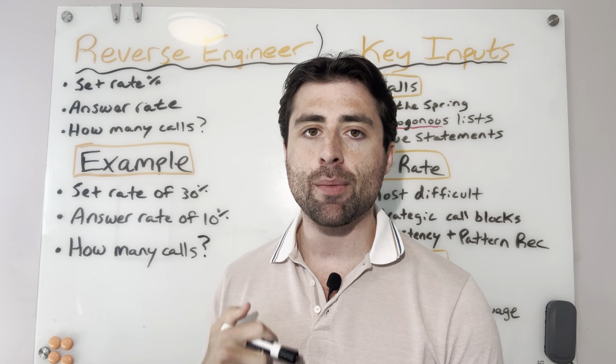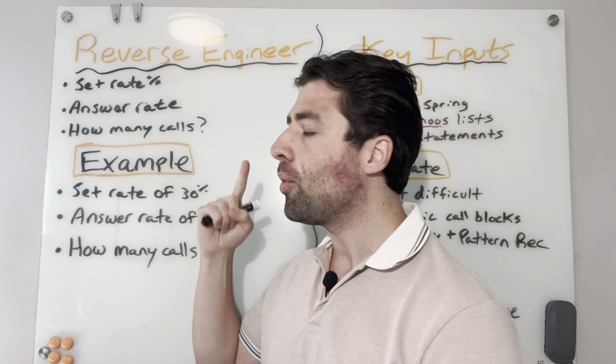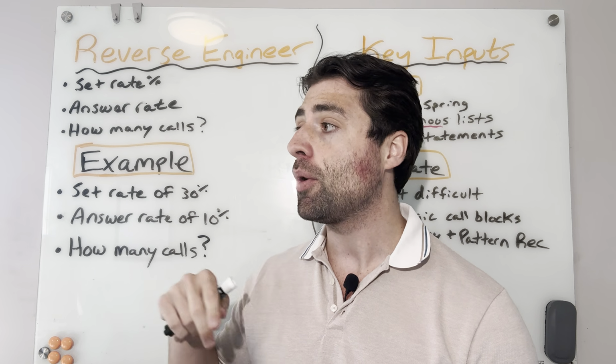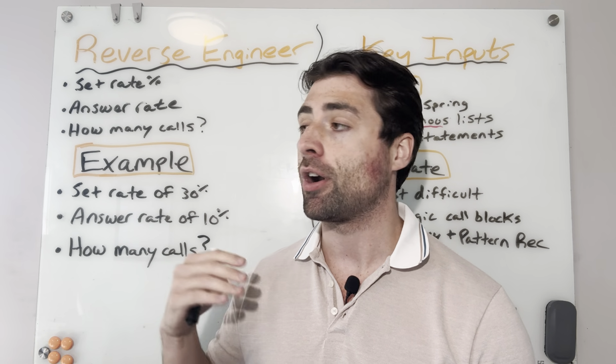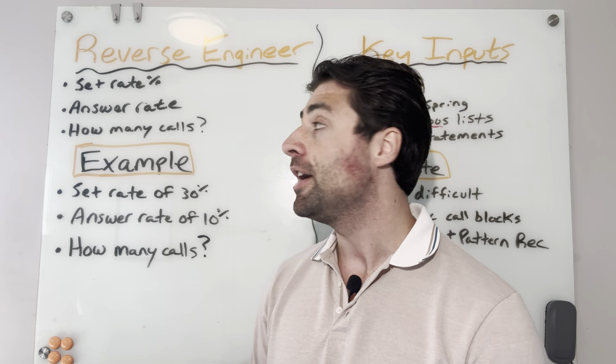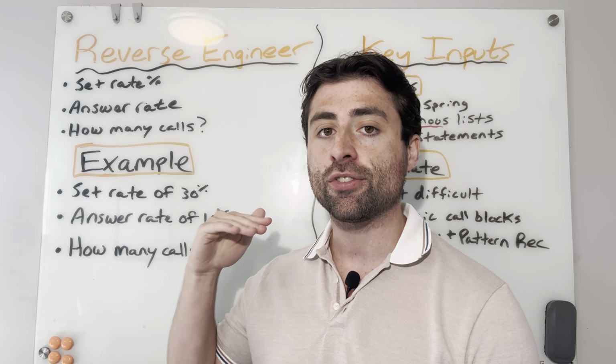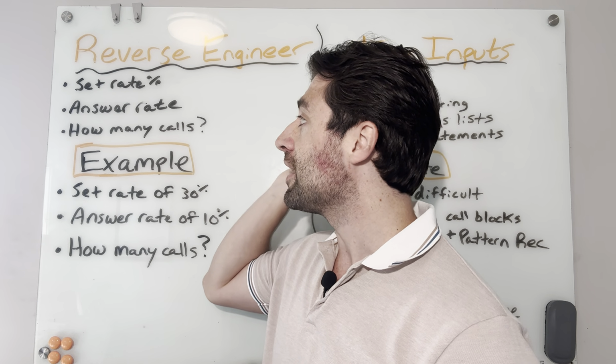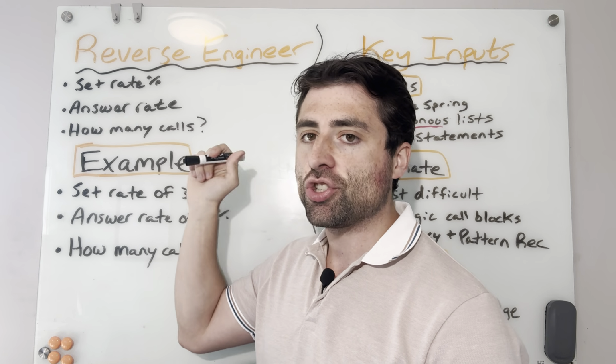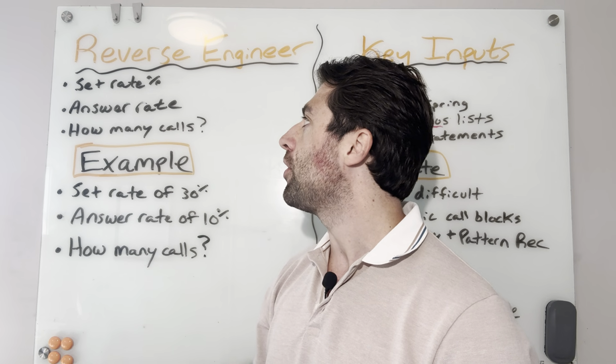You can't just think about outcomes. You can't just think, I want to set 3 to 5 meetings a day, or I want to hit $1 million in pipeline, or I want to make $100,000 a year. You need to figure out what the inputs are that go into that, identify them, and then tackle them each individually so you can improve on all of them.